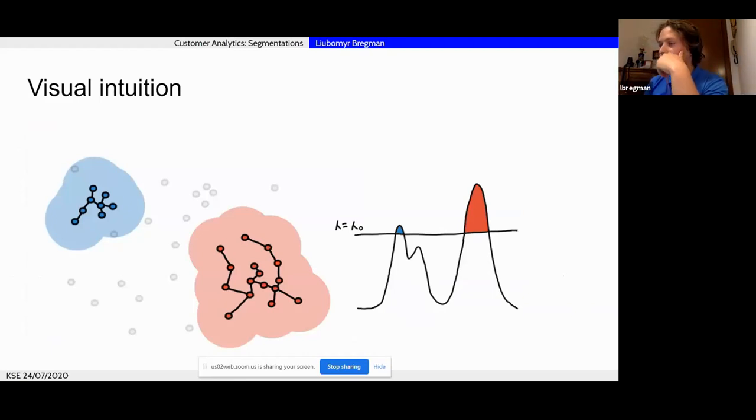So what's happening in the background of this algorithm, that you get this density connected structures.